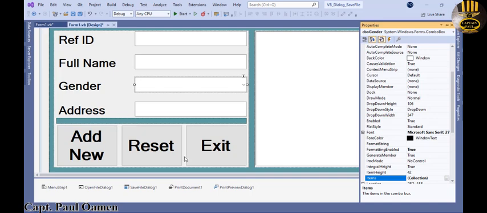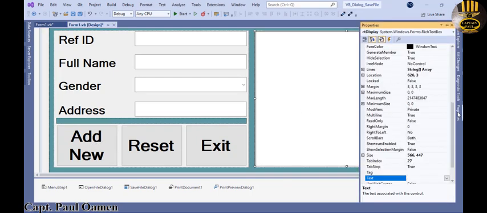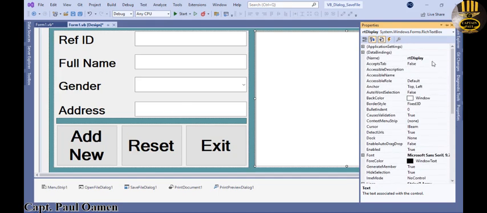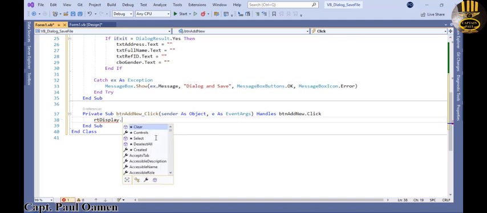Now let's take care of add. Double click on add. What we want to do is for the system to add every single piece of information here straight onto this rich text box, using the method known as append. So I'm going to copy that and double click on add new. Inside add new, the space as follows: dot append